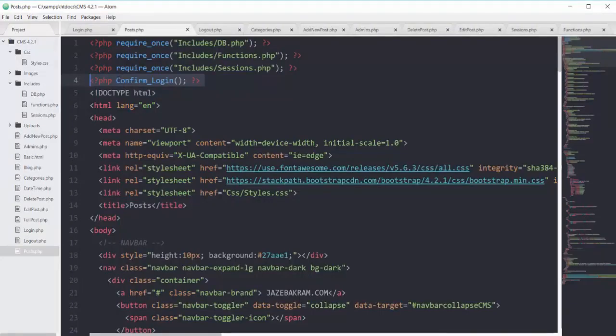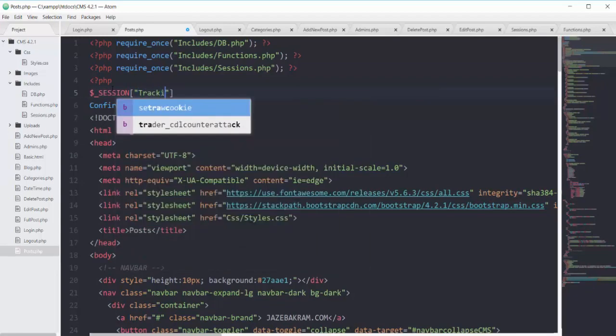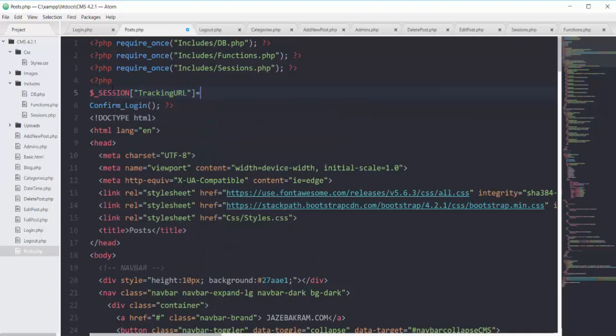Right on this page of posts, on line 4, let's make this confirm login on line 6, and on line 5 I will define another session variable with the name of tracking URL. This variable will be equal to the super global of server that can help us to get the existing page name.